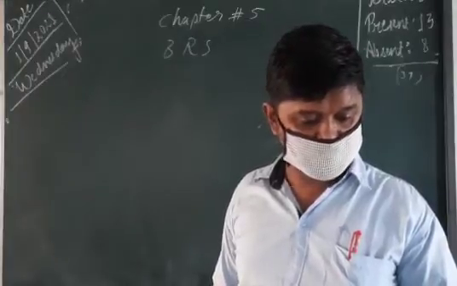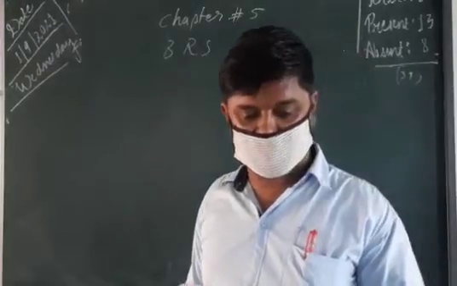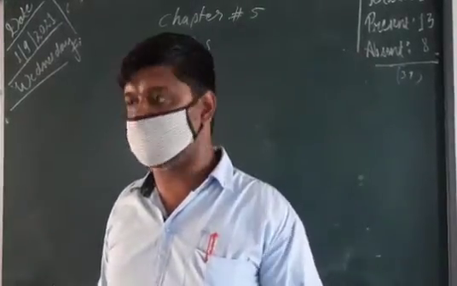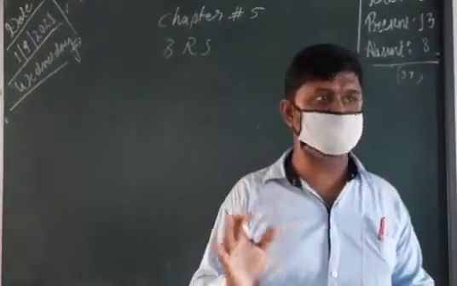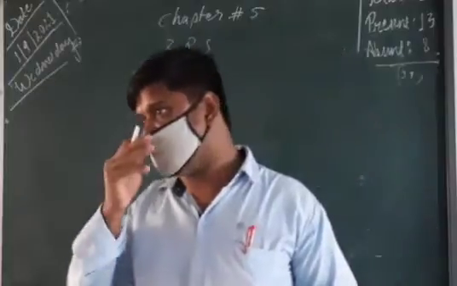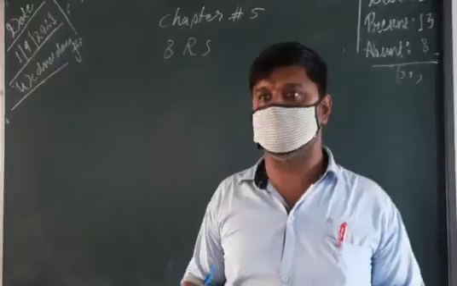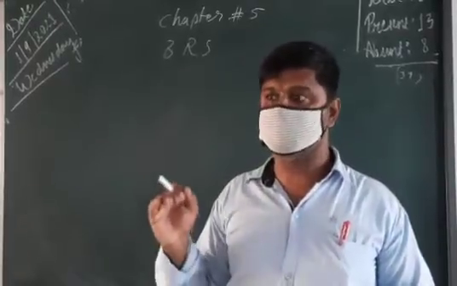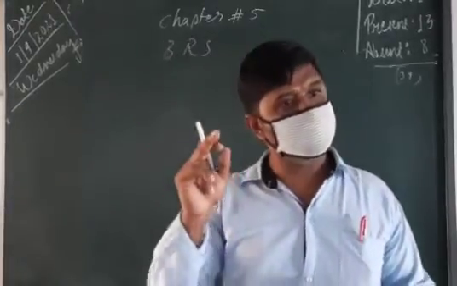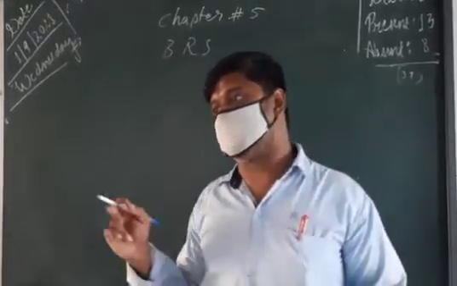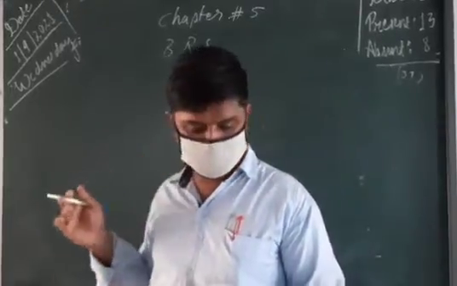Next, we can see that bank charges of rupees 400 were not entered in the cash book. That means the bank debited our account. Bank charges means the bank is reducing money from our bank account. The bank debited our account with 400 rupees as bank charges, but we didn't write it in our cash book. Clear now?